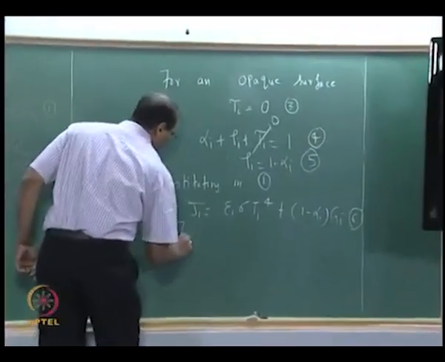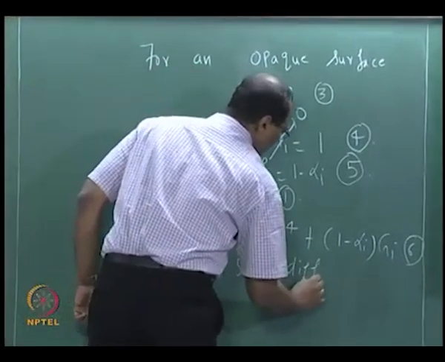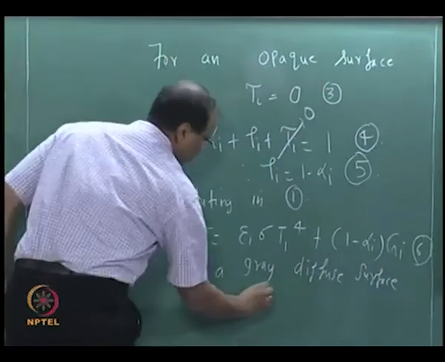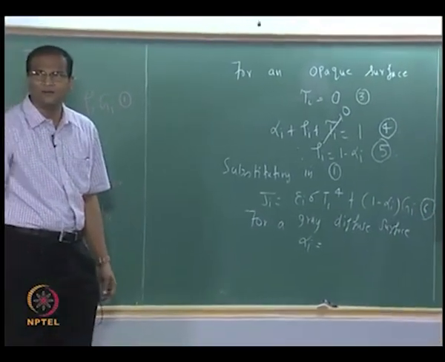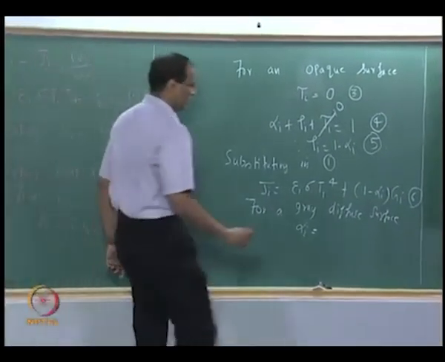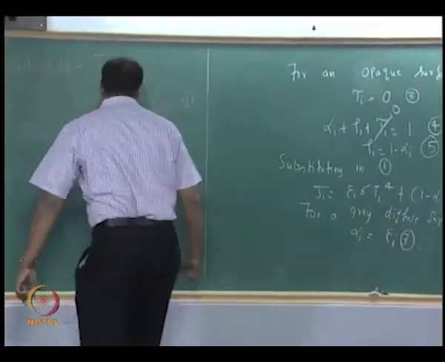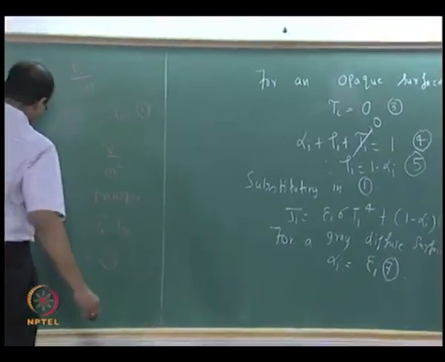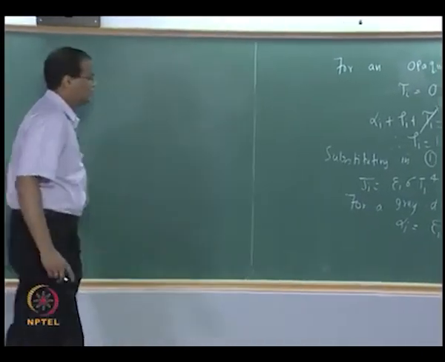Now for a gray diffuse surface, alpha i equal to epsilon i, correct. Therefore